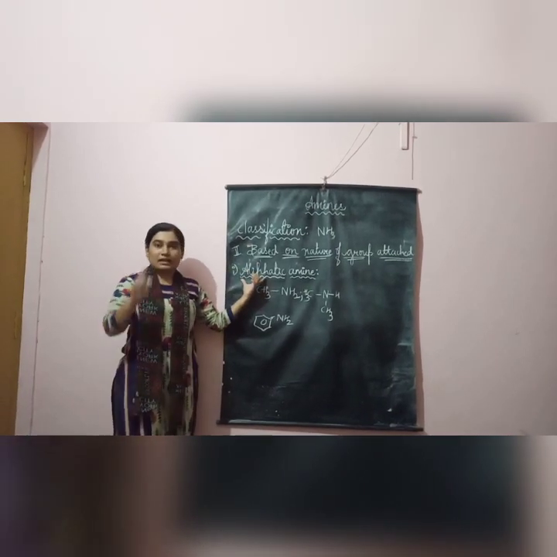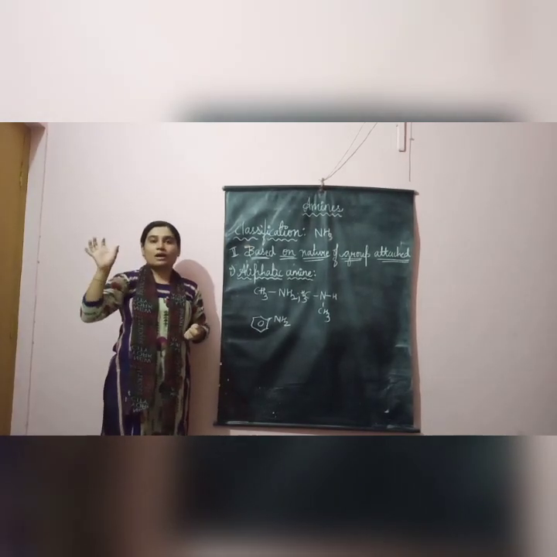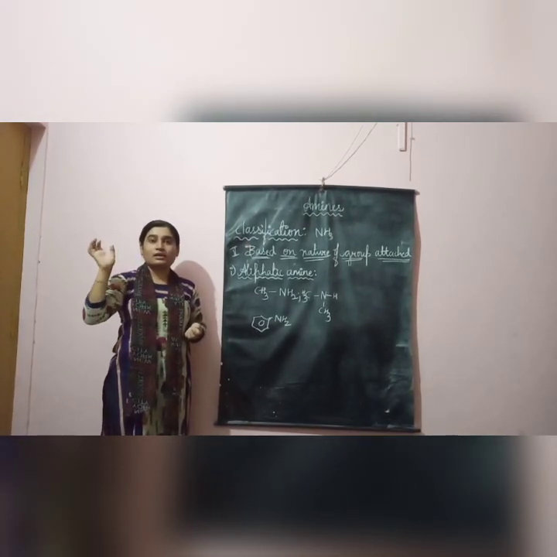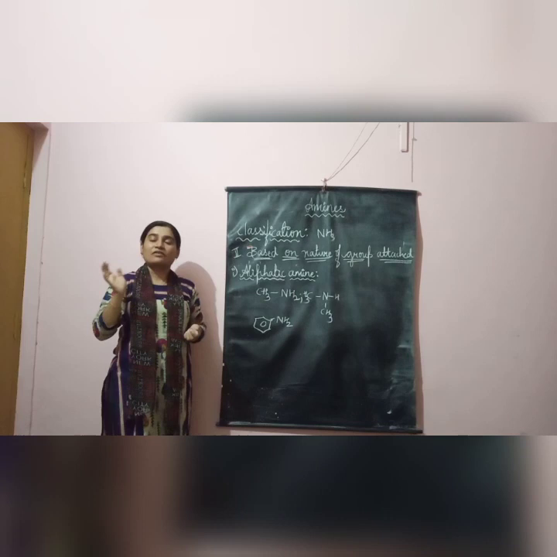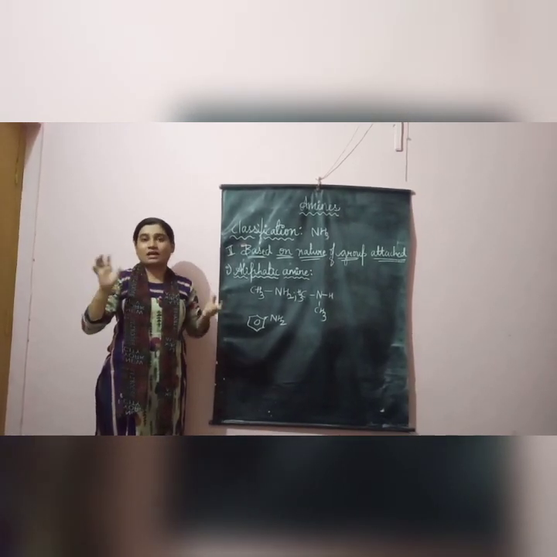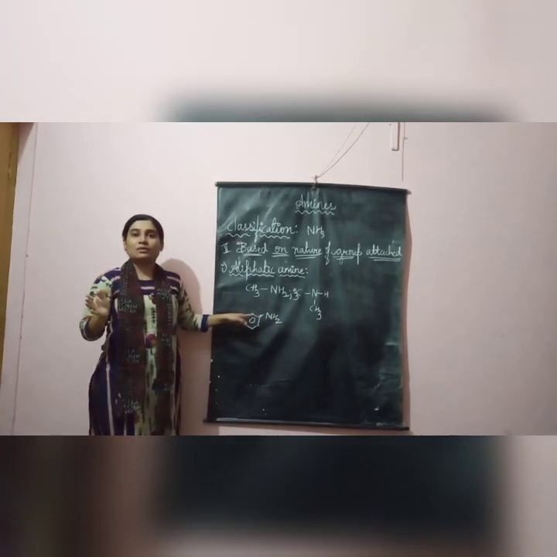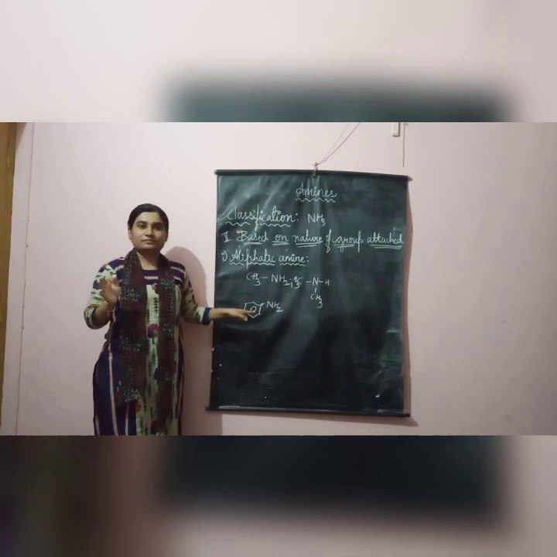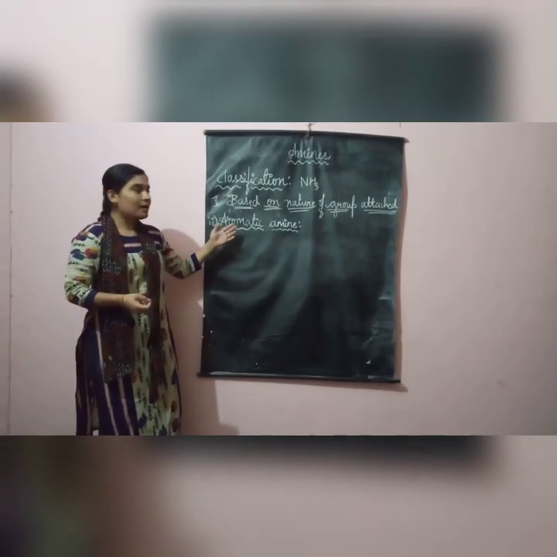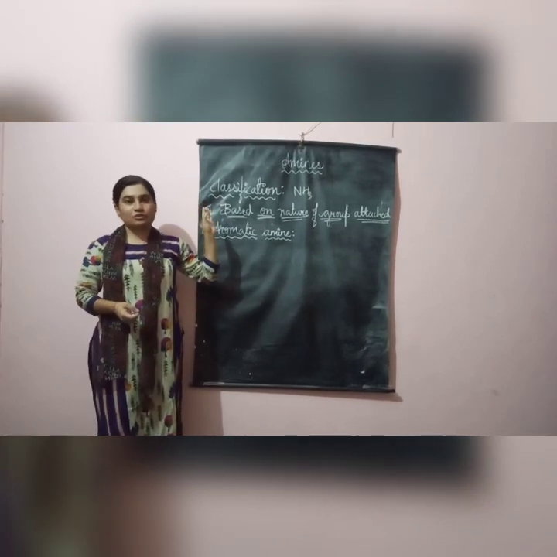The criteria for aliphatic amine is what? The N of your ammonia or N of your amine should compulsorily be attached to an aliphatic system. Aliphatic system, I am repeating, should be a long chain of carbon atoms, should not have any benzene ring. Then only I call it to be what? Aliphatic amine. The second type among this will be aromatic amine. Aliphatic is already understood. No benzene ring should be allowed.